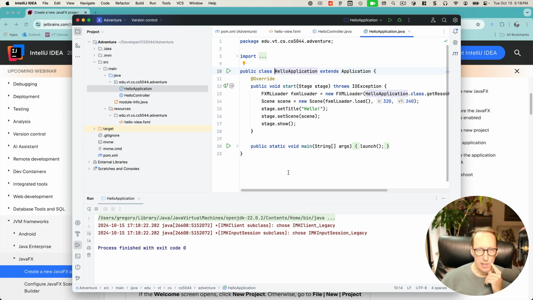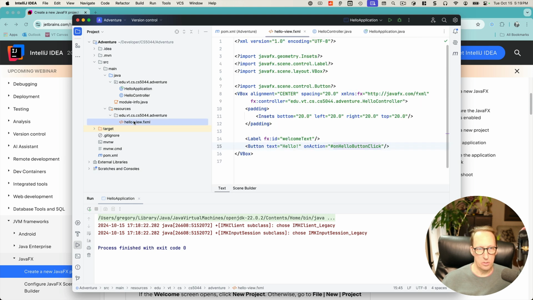Now what I want is, I said I wanted a text area for output and a text area for input. So what I'm going to do is go ahead and go to Hello View, FXML, and I'm just going to say area for output